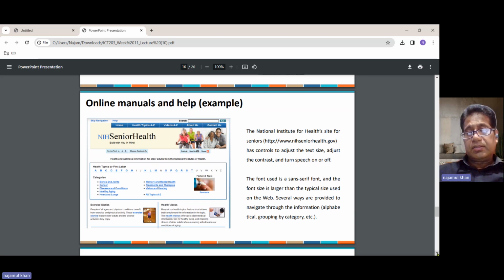Who is your audience? That is important. I have said to you before, even in the last assignment, I was talking about that: if you are doing a presentation, know your audience. If you are developing a website, know your audience. If your website is for people who are in their 20s and 30s, then it will be a different website. If you have a website for people who are in their 60s and 70s and 80s, even 90,